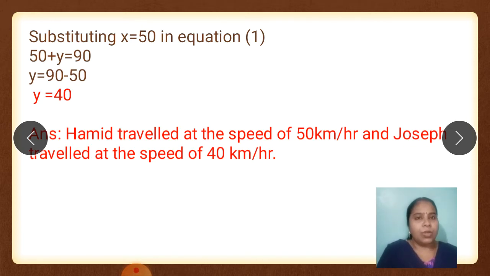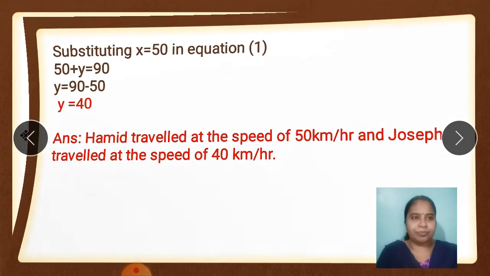Okay. Now what is important in this sum is the figure. When they travel in opposite directions, what is to be done? The distances are to be added and equated to 30. When they travel in the same direction, the distance is to be subtracted and equated to 30. These are the two important steps in this sum. Okay. So I hope you have understood this. If it is asked, it is a 4-mark question.